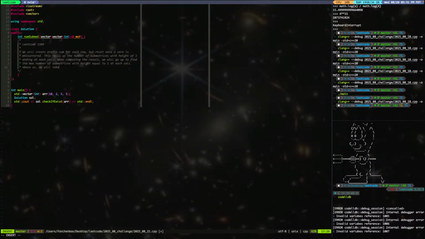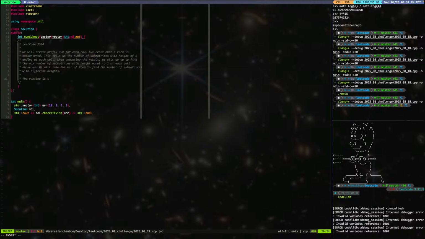We will take the min of them, right? We'll take the min of them to find the number of submatrices with different heights. The runtime is slow at O(n) tripled,